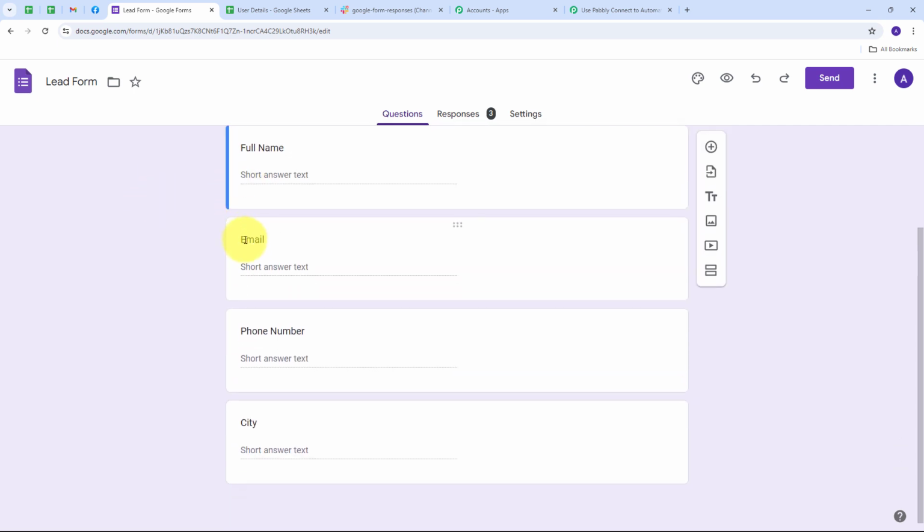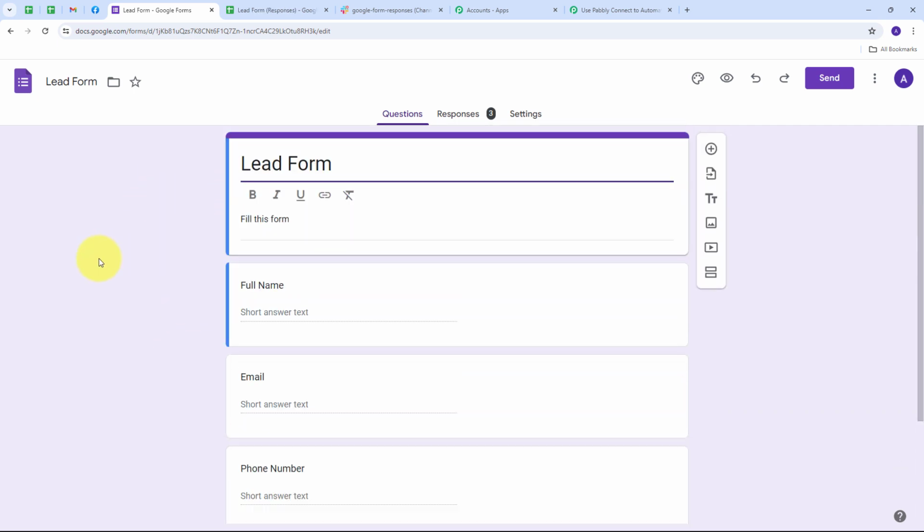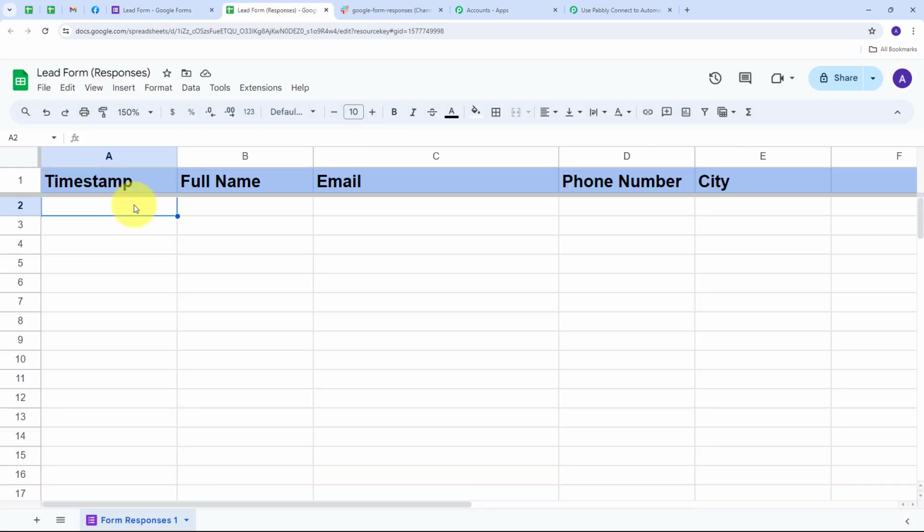Like full name, email, phone number and a city. Now all the responses of this particular form are going to be added in a particular spreadsheet, and I'm going to take you to that spreadsheet. So here this is my spreadsheet, and it is named Lead Form Responses. All the form submission responses that I receive from my Google Form are going to be added here